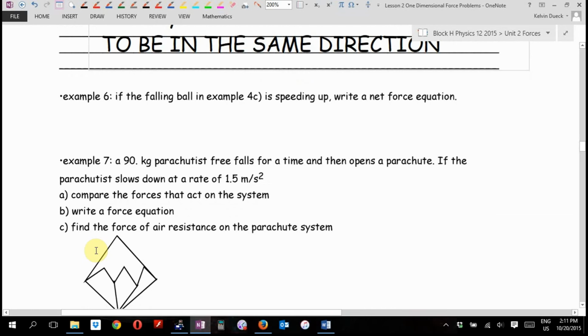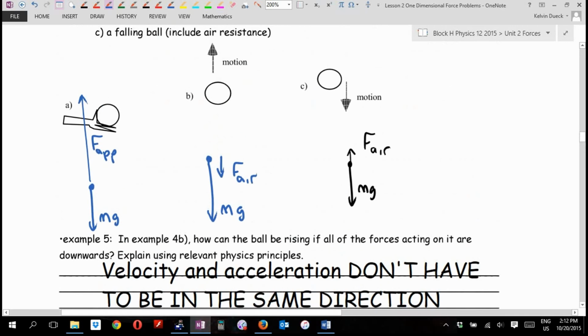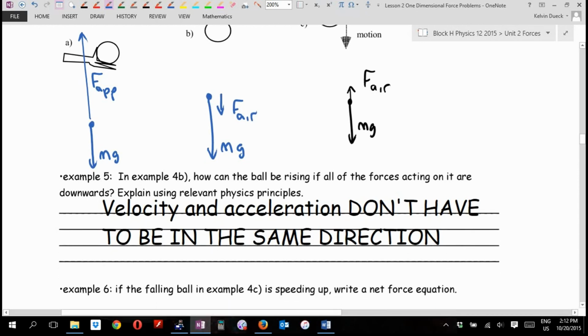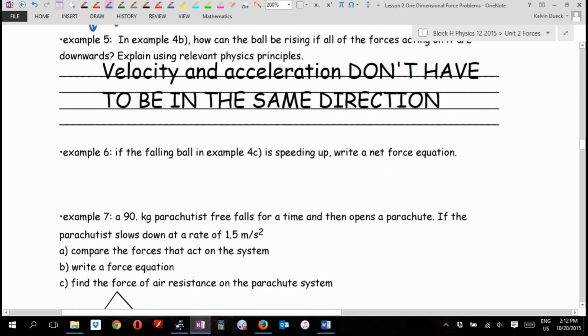If the ball in example 4c is speeding up, write a net force equation. If it's speeding up, which force is winning? Look at your picture. If it's speeding up, which force is winning? Spence, you're right. Which force is losing? 4c. It's this picture right here. Now, if I wrote this equation, it would be gravity plus air resistance, because they're both winners. Here, gravity minus air resistance. Gravity's the winner, and I'm letting down be positive because it makes the math much nicer. It would be